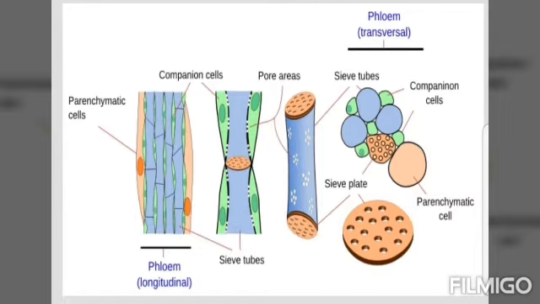Phloem fibers or bast fibers are made up of sclerenchymatous cells. These are generally absent in the primary phloem but are found in the secondary phloem. These are much elongated, unbranched, and have pointed needle-like apices. The first formed primary phloem consists of narrow sieve tubes and is referred to as protophloem. And the later formed phloem has bigger sieve tubes and is referred to as metaphloem.